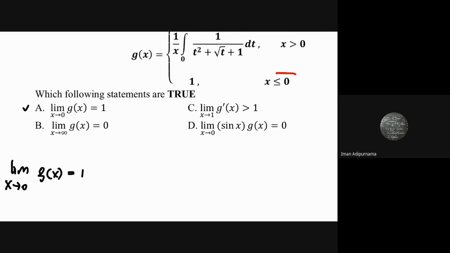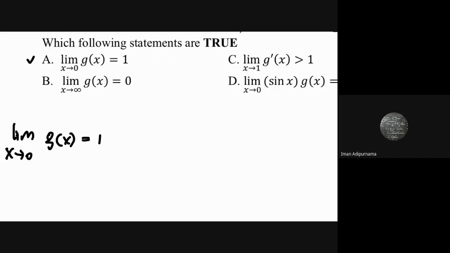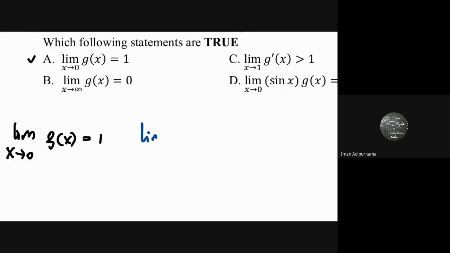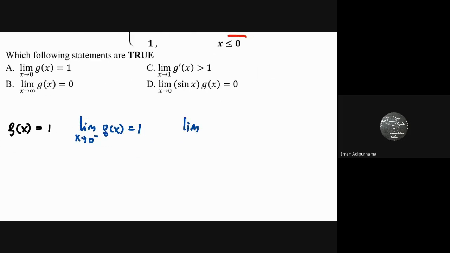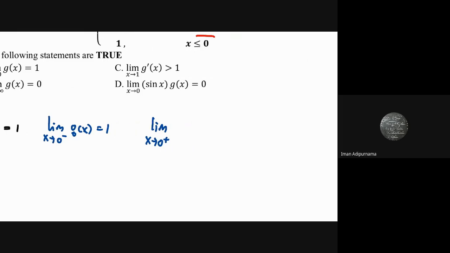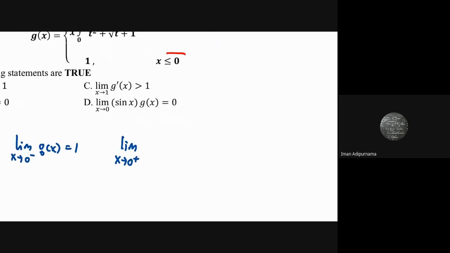The limit from the left is just 1, right? So we can write the limit as x approaches 0 from the left of g(x). This is 1. That's true. But if we check the limit from the right,